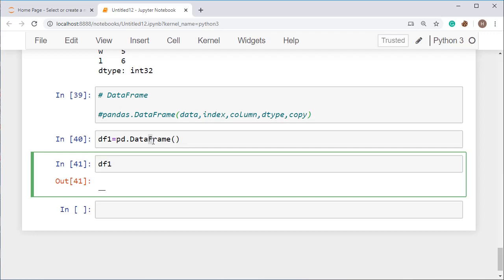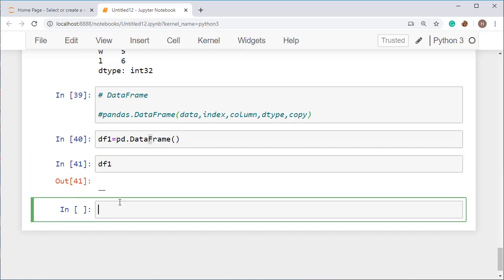Now we have got the empty data frame. Next we are going to create a data frame with the help of a list.